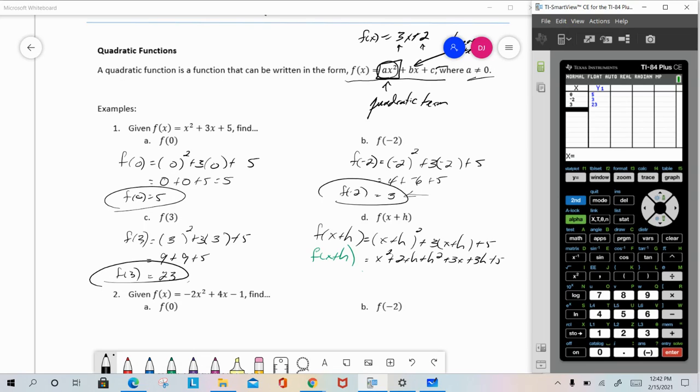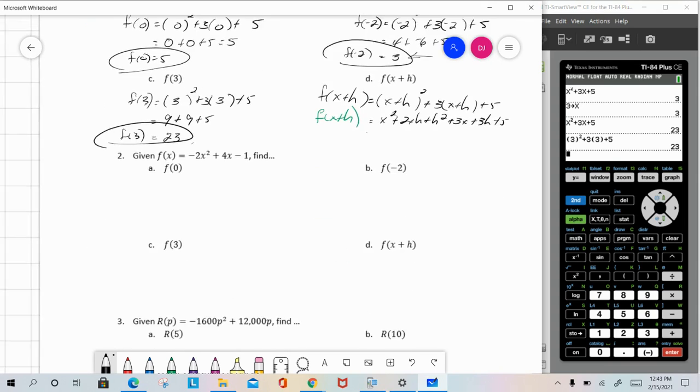If all I need to do is find f of 3 with this particular function, nothing is going to stop me from doing 3 squared plus 3 times 3 plus 5 to get f of 3. I mean, there's 4 different options there that I can do. Okay. So number 2,